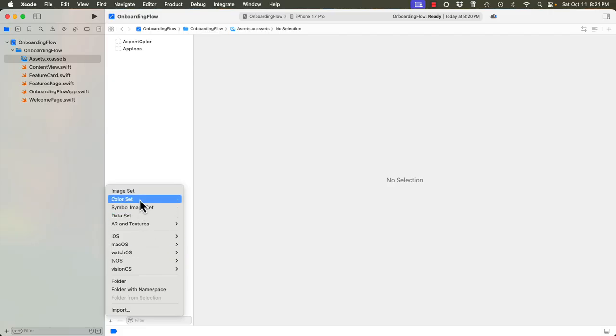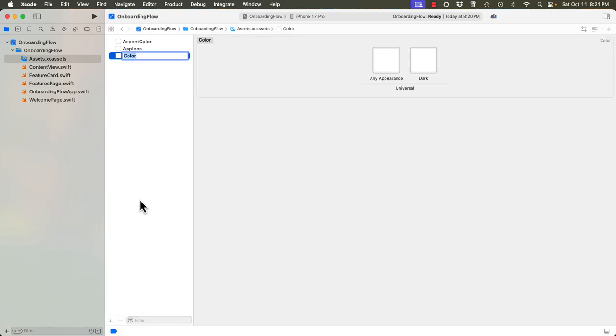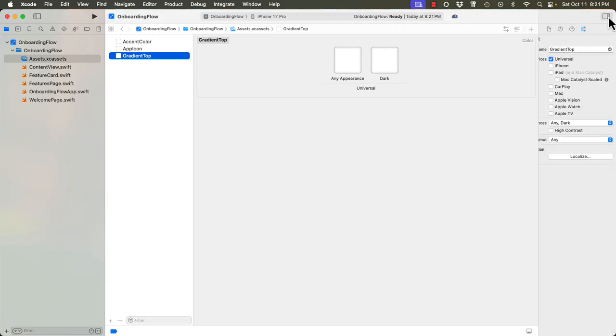So down here on the bottom, you have this little plus button. So now we want to choose color set, and we're going to give this a name, gradient top. Next, let's show the inspector for this page that we're on in the assets. And the best way to do that is to click this top right button, and now we can see the inspector. And because we have gradient top selected, we see the properties that we can change on this